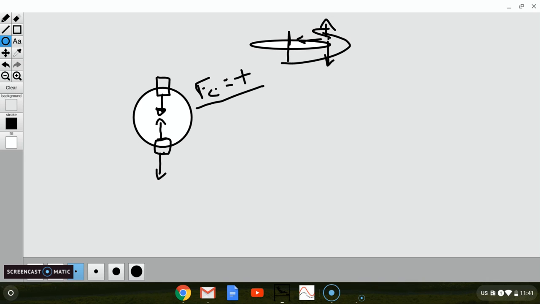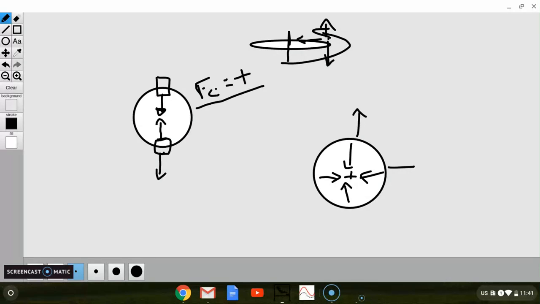So for our purposes, we draw another circle over here. If the force points towards the center of the circle, that's going to be positive. If it points away from the center of the circle, it will be negative. And you will see forces like gravity, for instance. Here, gravity is a positive force, and here, gravity is a negative force. So you're really going to